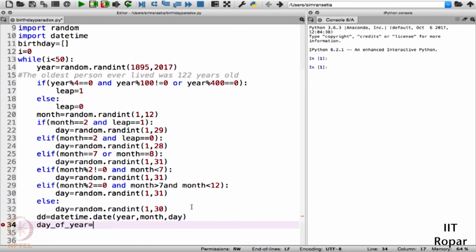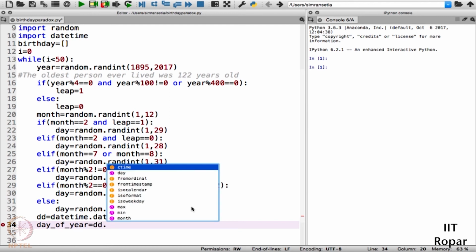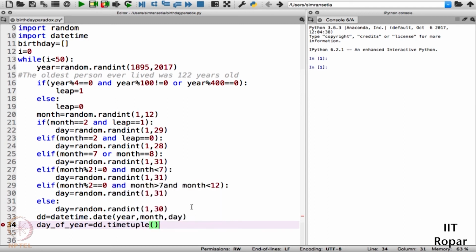In order to get the day of year, we'll just use a simple function here. Please concentrate. We have dd, that is the date in a particular format, dot timetuple dot tm_yday. This is the function that will straight away give you the day of year. If you want to code it yourself, you can.